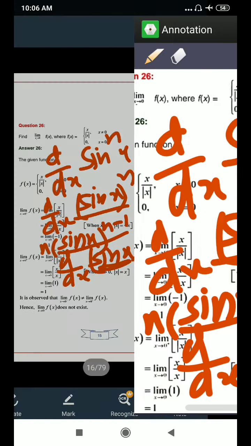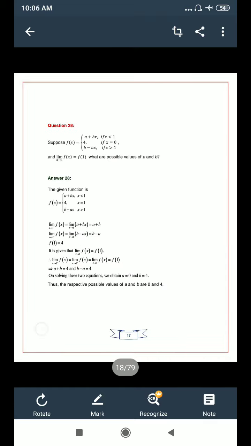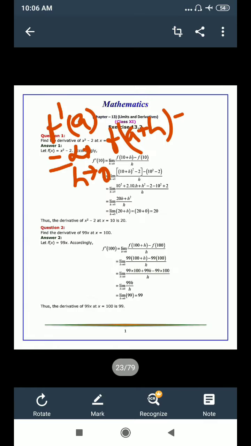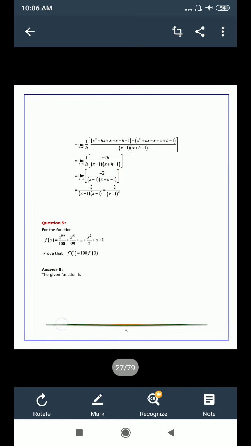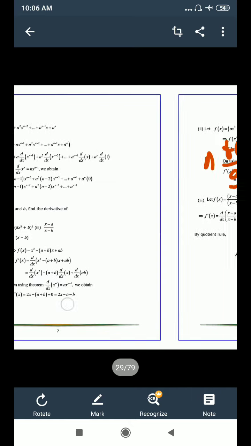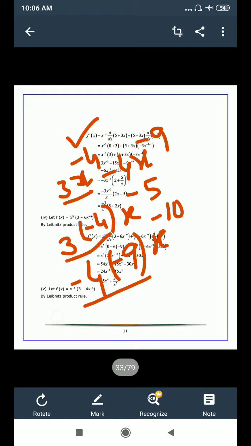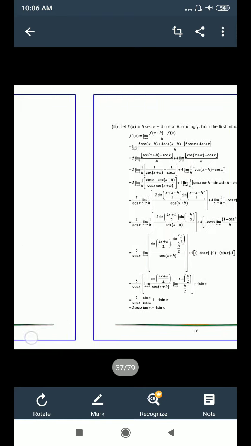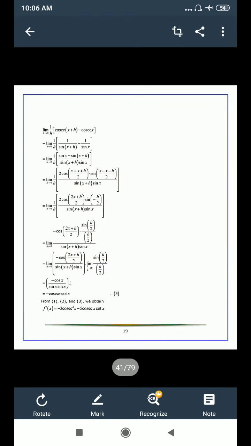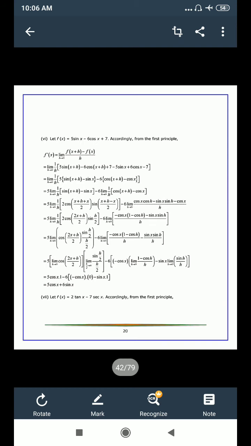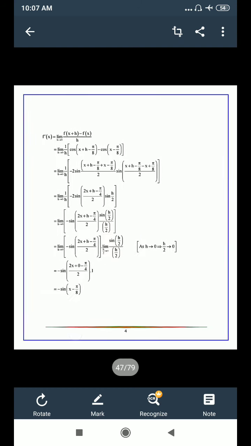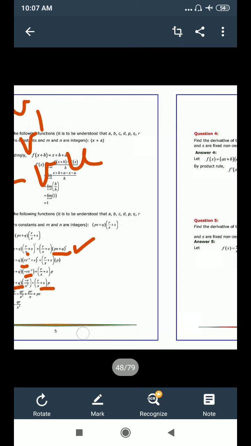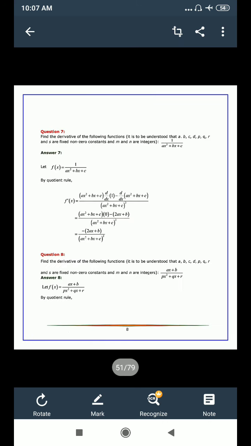In detail, you will study the chain rule in class 12th, where we will do all types of questions by the substitution method. In 11th, only these two applications are there. So that I will show in the coming questions, how to apply these two properties. There are derivatives of ax plus b raised to power n form, and there are derivatives of sine raised to power nx. Two types of questions are there. So just see.